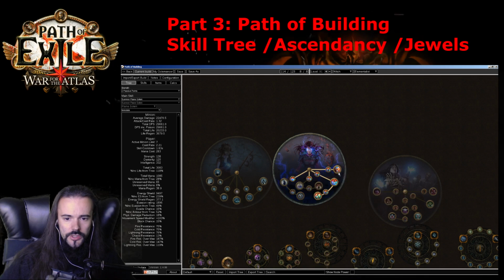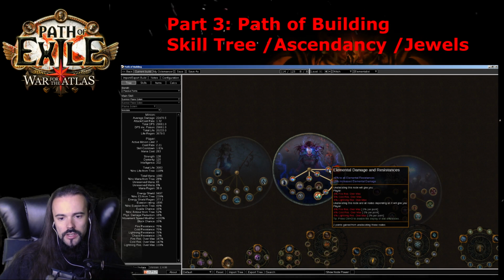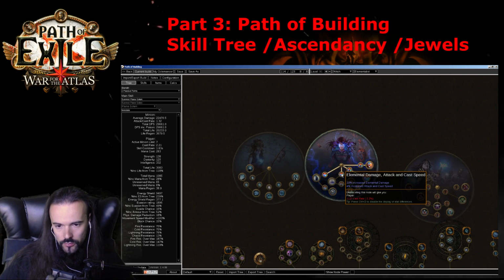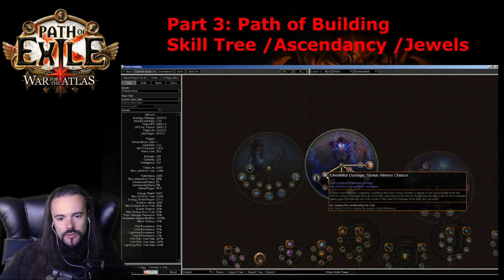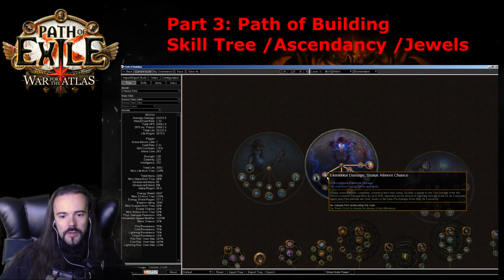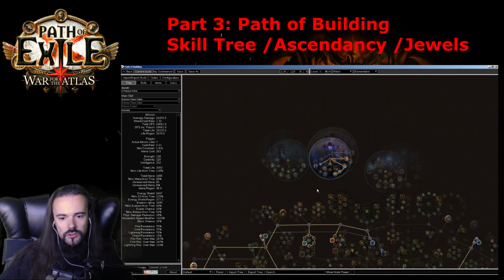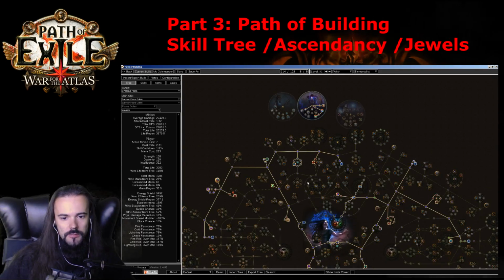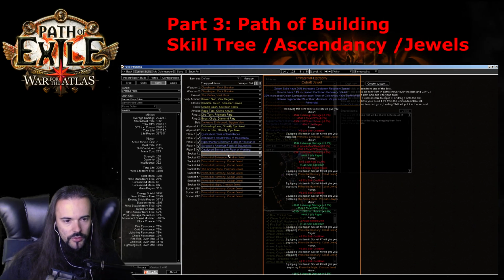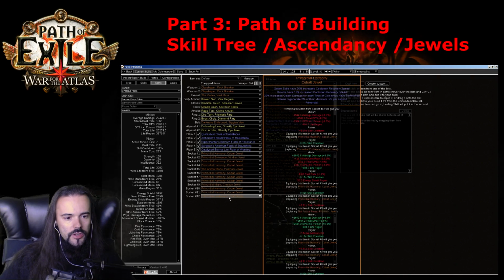For the Merciless Lab, I took Paragon of Calamity. This is not really that much, but it helps you survive more and gives you all resist as well. For the Uber Lab, it's not really that important at all. You can skip Uber Lab because it gives you absolutely nothing. But I took just elemental damage, in case I'll be casting something. That's about it. For the jewels, guys, like I said, we'll be using the Golem jewels,